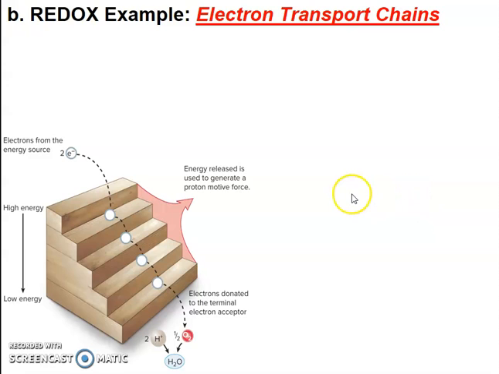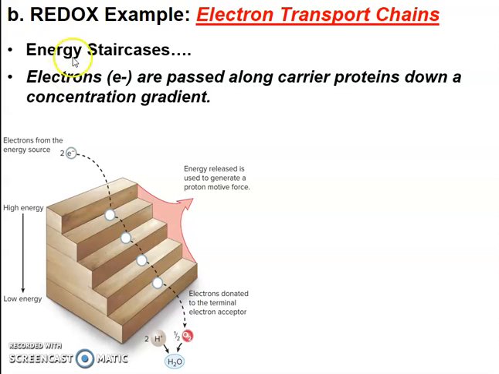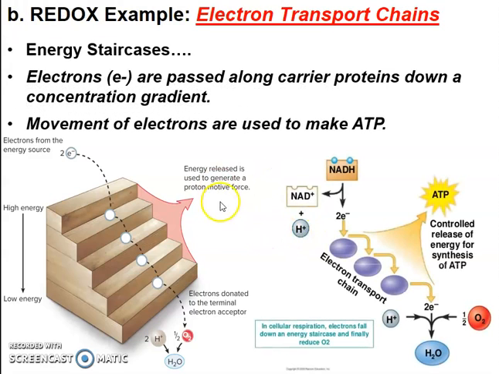Electron transport chains will be used. These are pretty much energy staircases. As electrons move down a staircase, that movement of electrons is used to generate a proton motive force, which is the hydrogen ion gradient. So let's look at it a little bit fancier here. You're going to use that electron movement to create a hydrogen ion gradient, which can be used to make